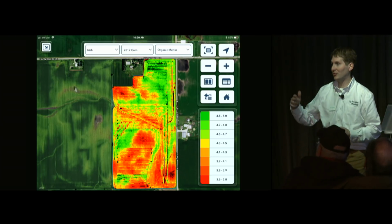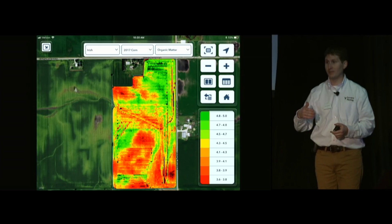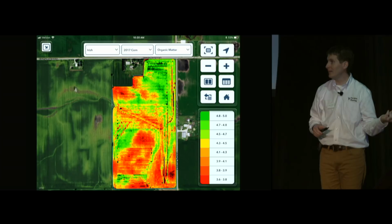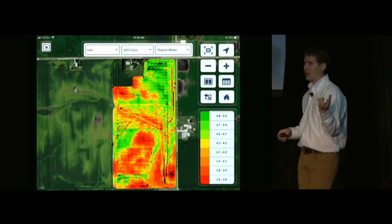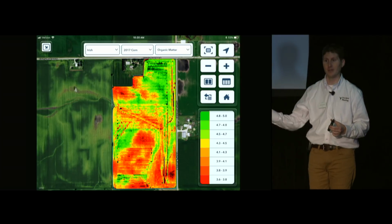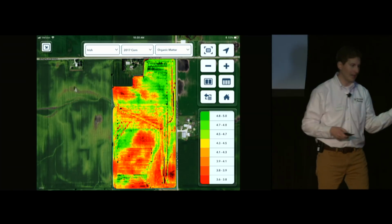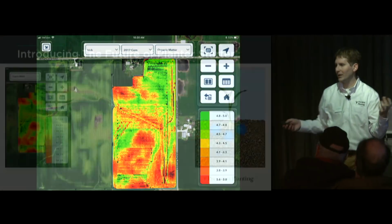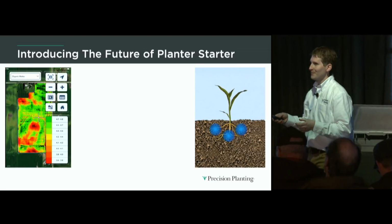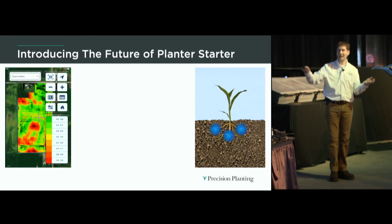All the data that I showed you was a flat rate starter application. I think it's crazy that we're variable rating our populations, we're variable rating nitrogen, and we don't think about phosphorus and nitrogen on the starter in the same way. I want to see a world where we can combine that on that field. I want to take advantage of the weatherproofing that starter can offer on my high organic matter soils